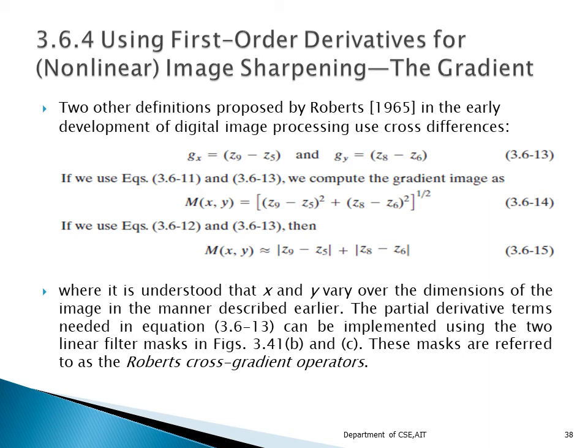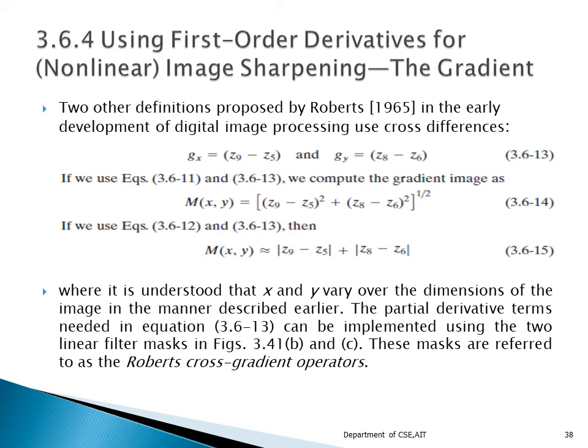One set of masks is called the Roberts cross gradient operator. In this operator, we are going to consider only 4 values, that is Z5, Z6, Z8 and Z9. By making use of these 4 values, we compute the Gx and the Gy value by taking the difference, and then when we take the square root and find the absolute values, we get a mask which will be a 2x2 mask. This is a mask which will be used for enhancing the image. It can go for sharpening the image. This is called the Roberts cross gradient sharpening operator.